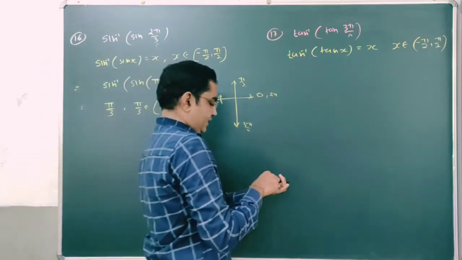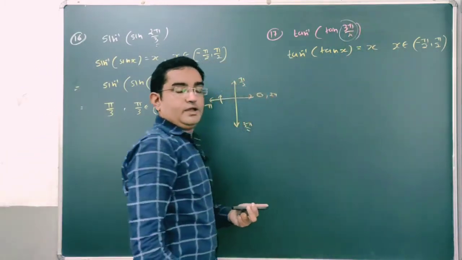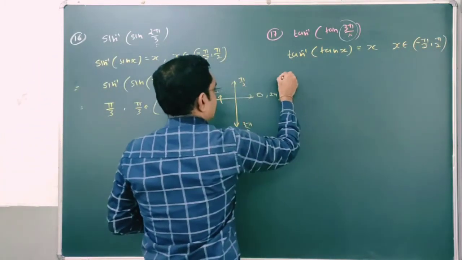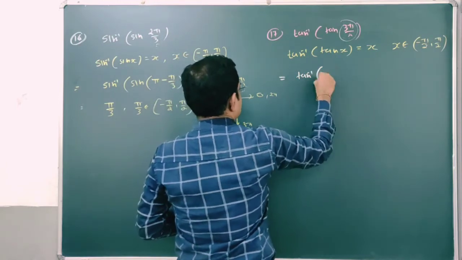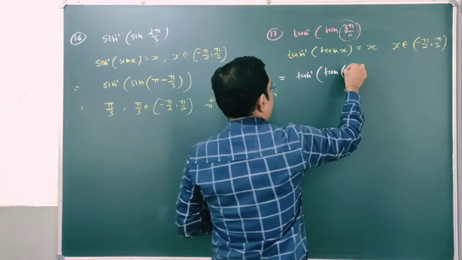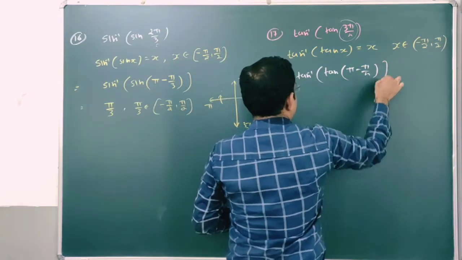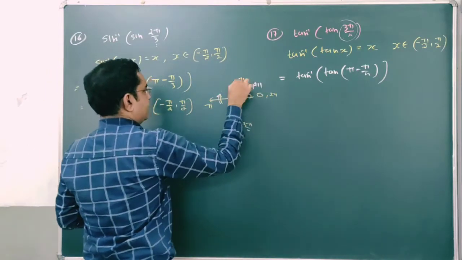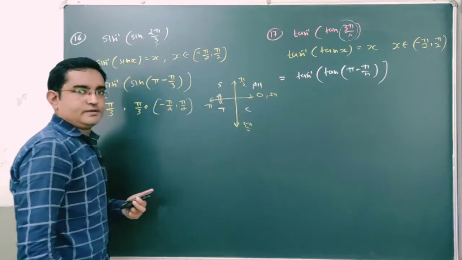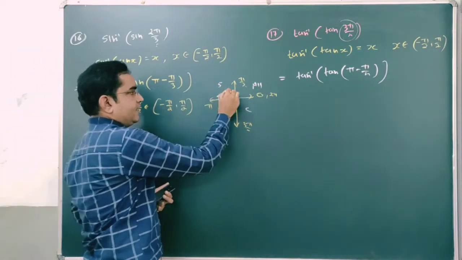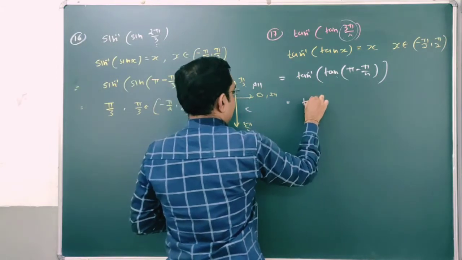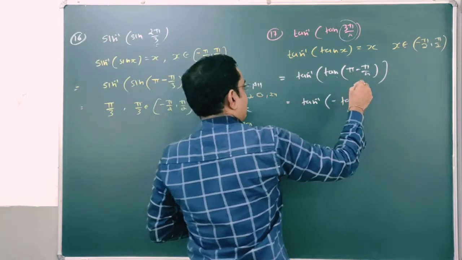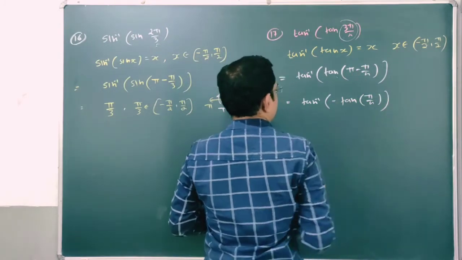But here the given angle, which is 3 pi by 4, is not in the interval of minus pi by 2 to pi by 2, and hence we have to transform this angle into this interval. So this one is tan inverse tan. This 3 pi by 4 can be written as pi minus pi by 4. Writing this angle in second quadrant. Second quadrant में आ जाओ. Second quadrant में क्या होता है देखो. In second quadrant, in ASTC, only sine and cosine are positive, all others are negative. So this tan will be negative, and therefore this one is tan inverse minus tan of pi by 4. Done.